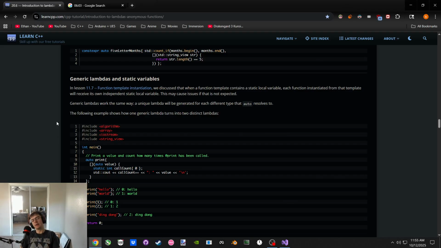Then, if I pass it a goblin later, and those are two separate types, those aren't just two different names of the same object called enemy, then those are only going to be counting that type that was received. Only this function is counting dragons, and this one's counting orcs because they're two separate objects. So, generic lambdas are the same. A unique one will be generated for each auto, meaning that each one of those will have that static local. So if we increment it later, we will not see the value persist. It'll look like it reset or it was different. It wasn't counting some of the info. Well, because it's two different functions.